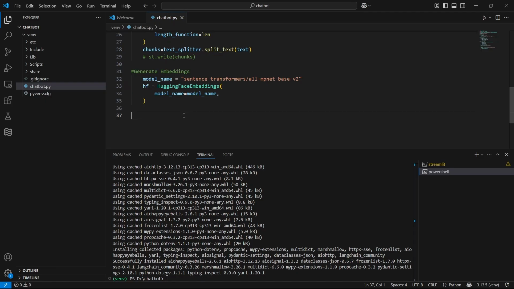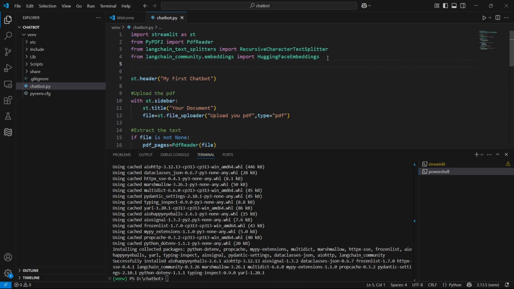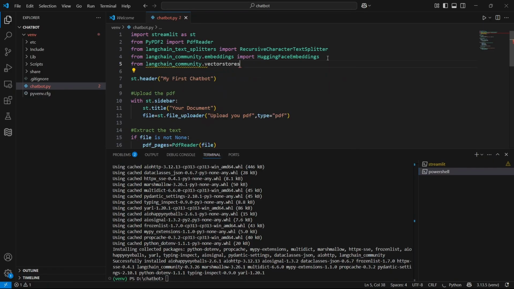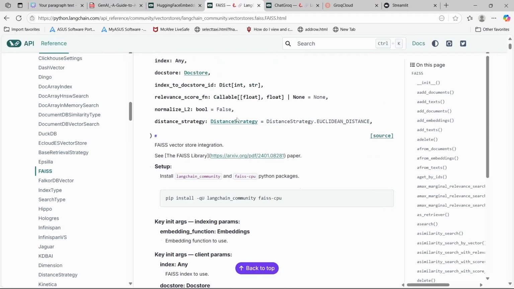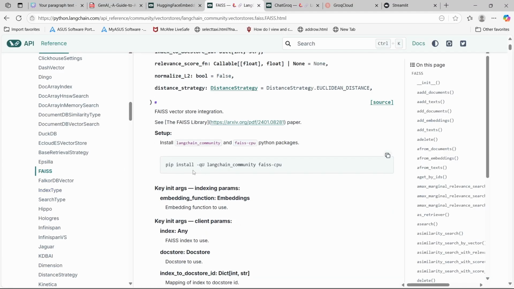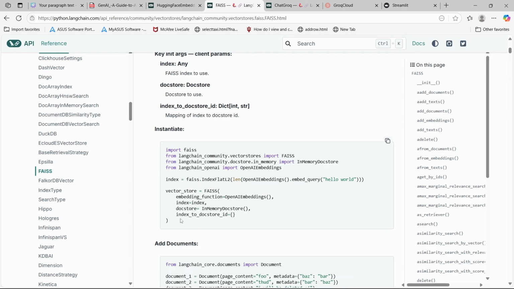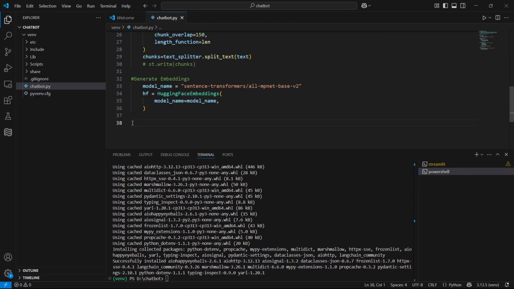To store that embedding, we need a database, and we are using FAISS, which is developed by Facebook. So let's import the FAISS vector store first. So from Langchain community dot vector store import FAISS. If I show you the documentation here, first we have to install this. We already installed this Langchain community and faiss CPU, so we can directly use this code. So I will go back to our application, and our next step is